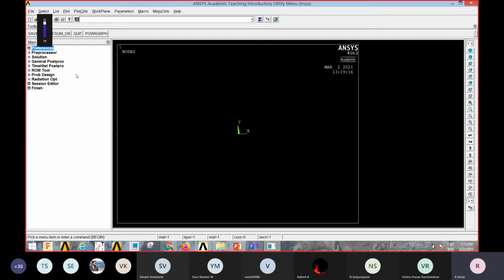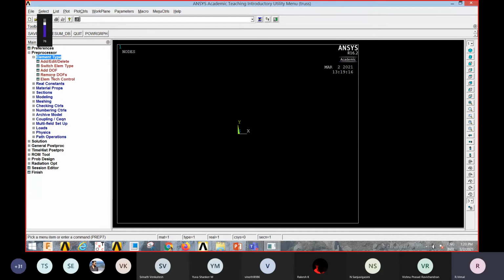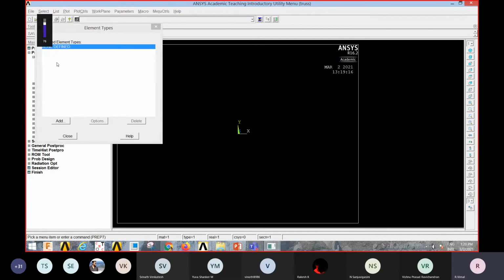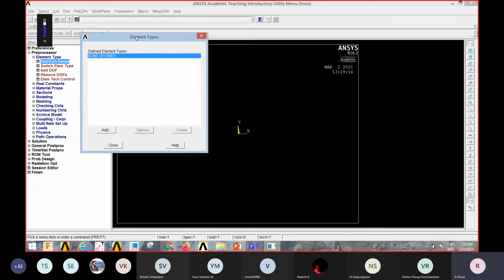Now we have indicated to the ANSYS software that today we are solving a structural problem. Next, I go to preprocessor. I click on preprocessor. There I select element type. If you click on element type, a lot of things will open. In that, you have to click add, edit, delete. Once you click on add, edit, delete, the element types box pops up.